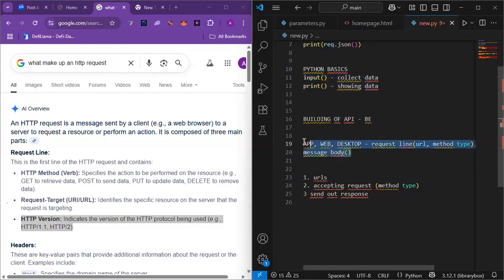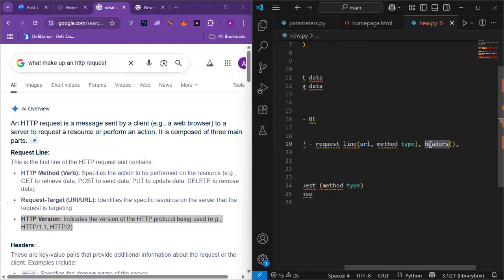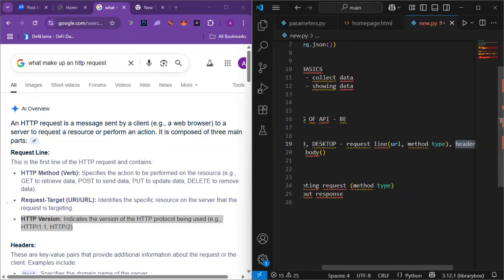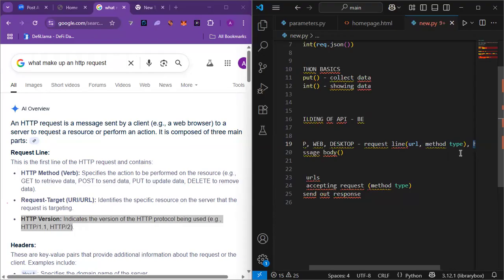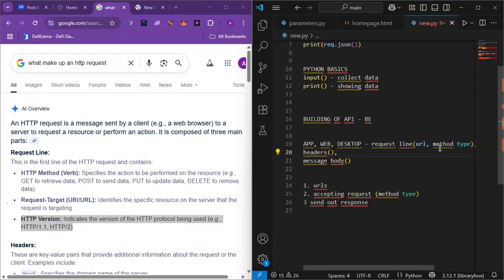So in order to interact with our system effectively, one has to make a request, and what makes up this request is the request line, the message body, and the headers. I said that these headers and request body are optional, right? So I'll just bring this down here. They are optional, so they can